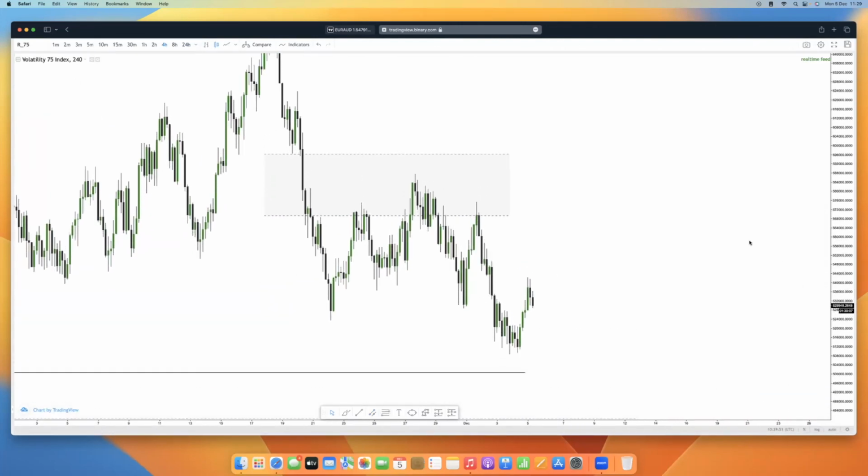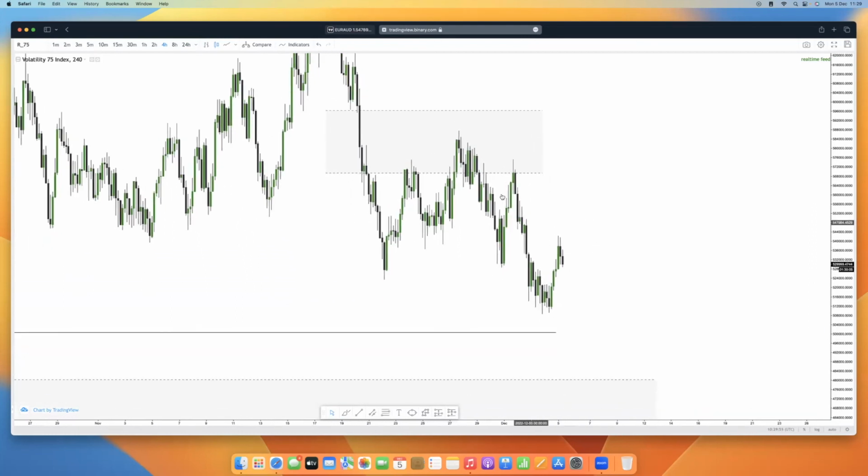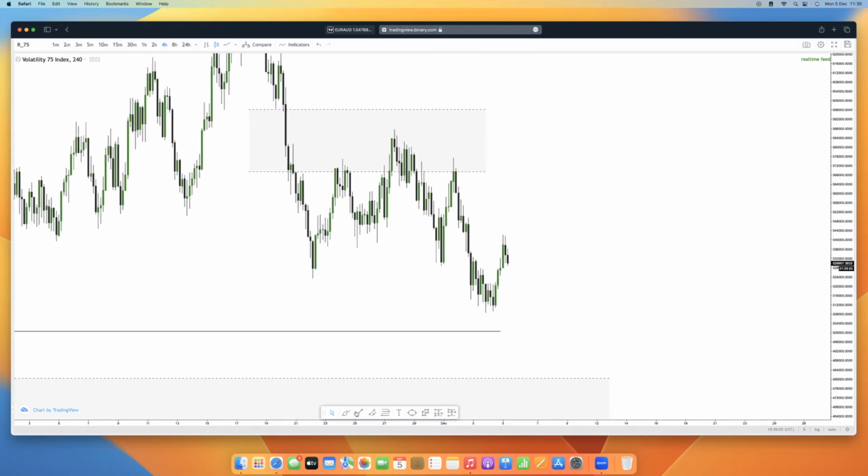So on the 4 hours, you can see the 4-hour distribution that happened, right? We had this high, this low, this high, we had a break. Now we have this lower low, lower high, lower low. So in terms of the 4-hour range now, price should not go above this area here. So this is now the highest point of invalidation for me.